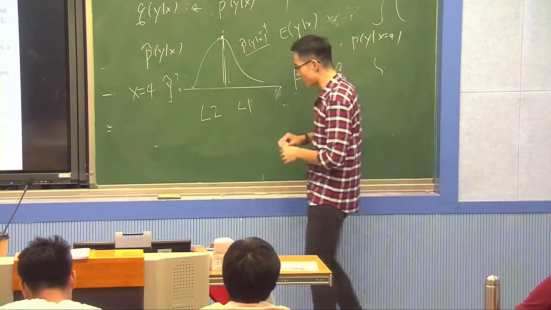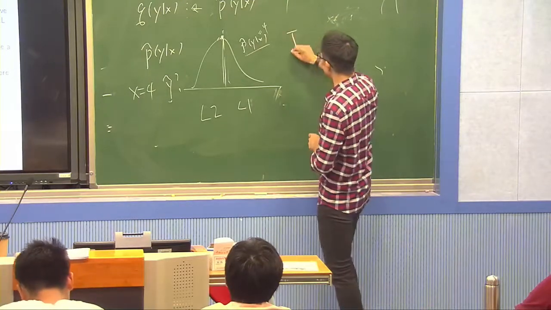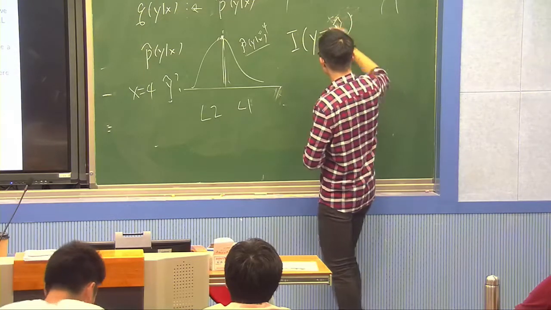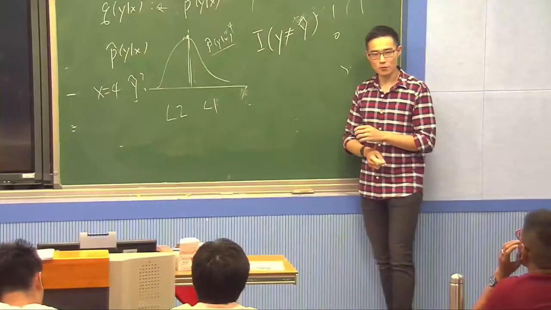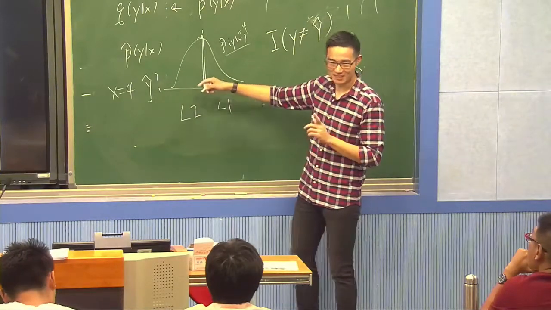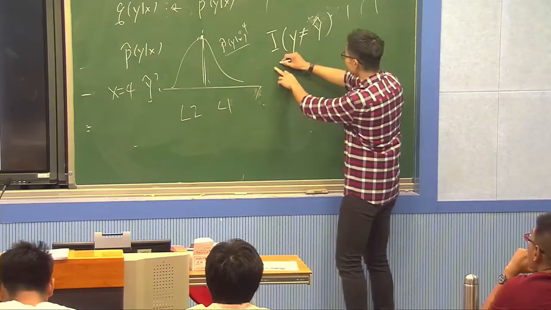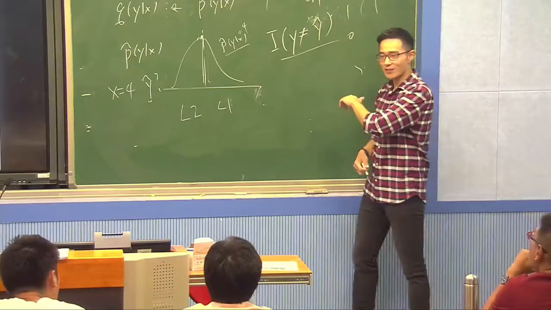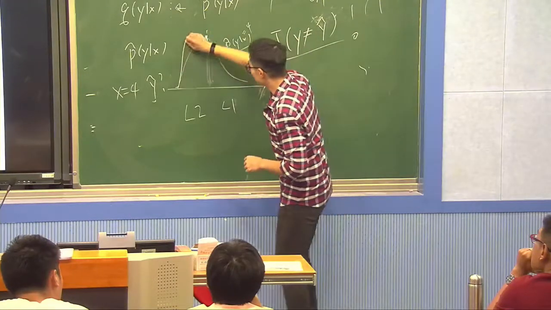Also, suppose you use a different kind of loss function: the loss is 1 if y is not equal to y hat, and 0 if it is equal. What number should I predict? No, not median. Median is L1. Mean is L2. This loss function is called 0-1 loss, by the way, because it has only two values. If we use 0-1 loss, my optimal prediction is the so-called